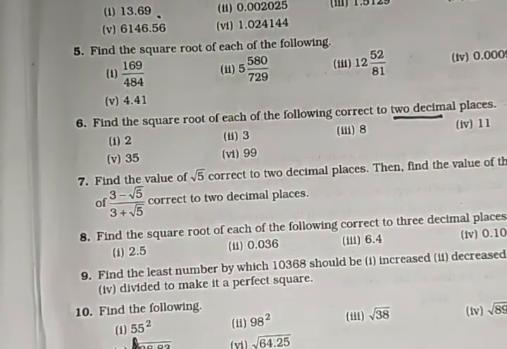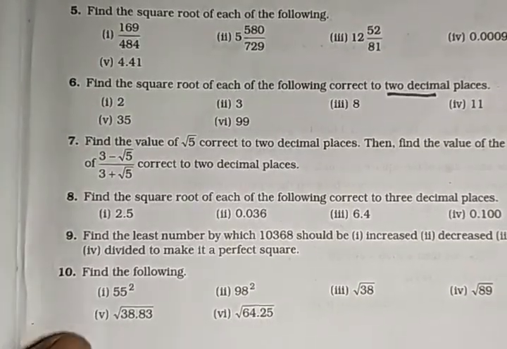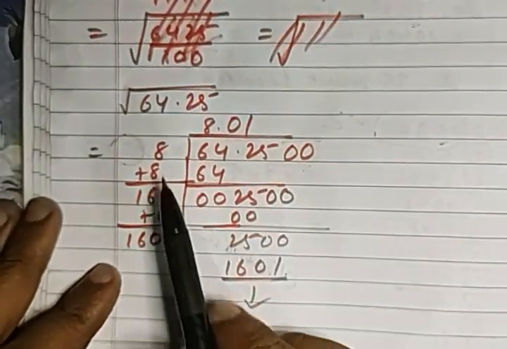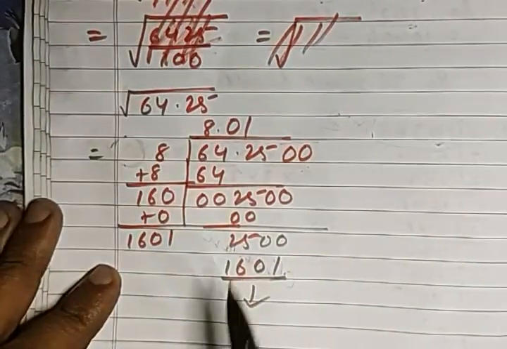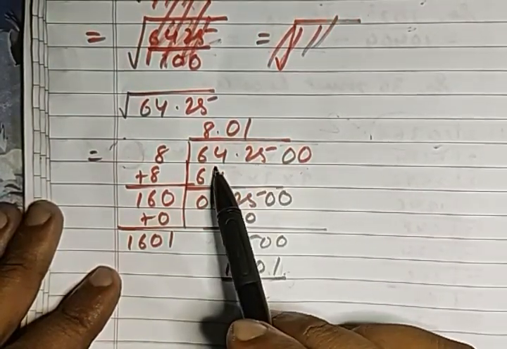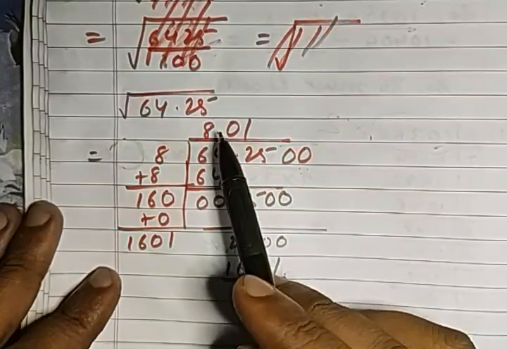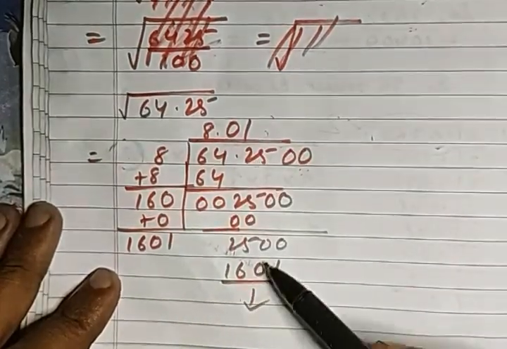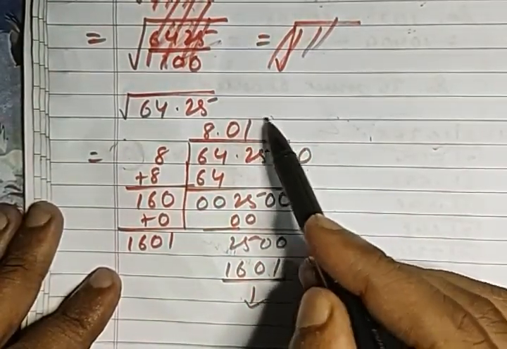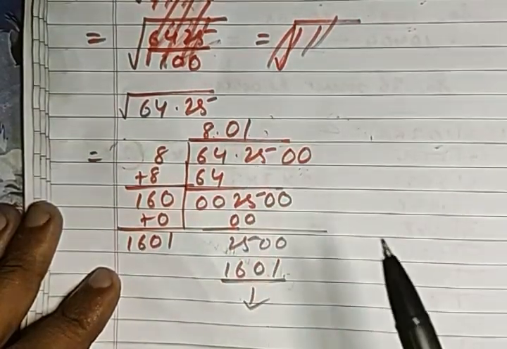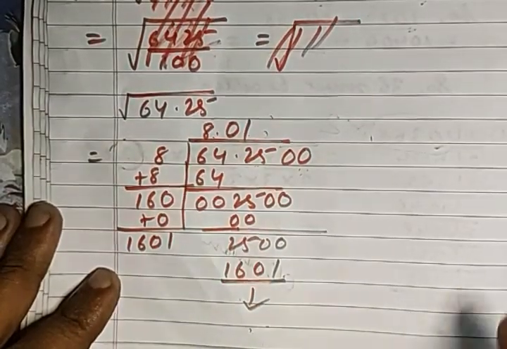In the same way you can do it for 55 also by doing 50 plus 5. And for these other parts you have to do the actual division method, how I have done over here. 64.25, that is bit number 6. Here you have to simply do the division method that I explained in the last class, and you find the root, that is 8.01. If you want, you can go forward and find one more digit over here. At least try to find out 3 digits after the decimal. Here I have done only 2 digits. Okay, it can go further.